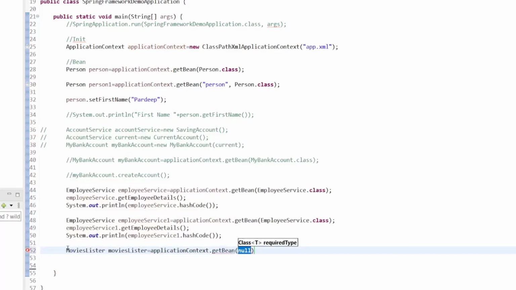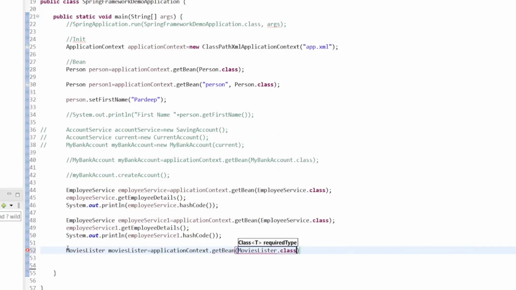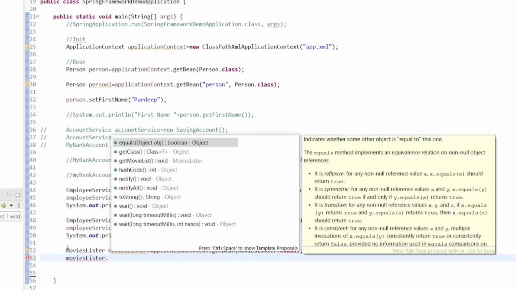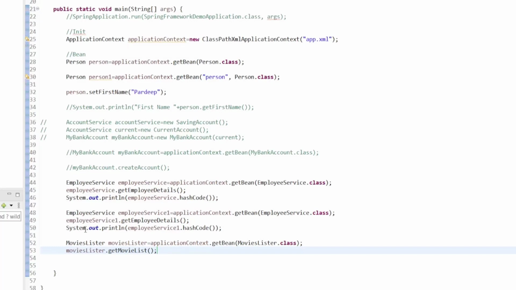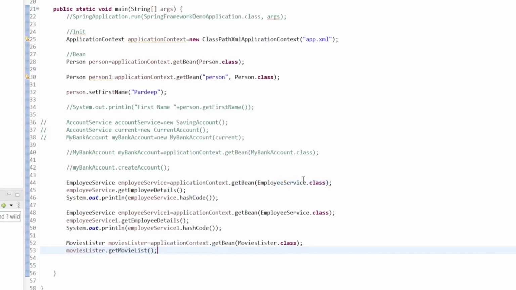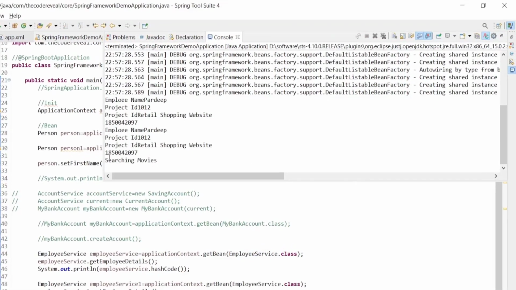Here we'll call movie lister dot class, and we'll call movie lister dot get movie list. So once we run this as Java application, if you see here it goes to searching movies.